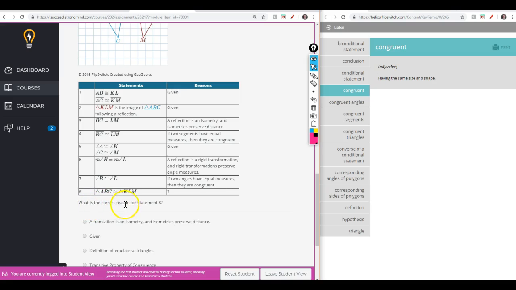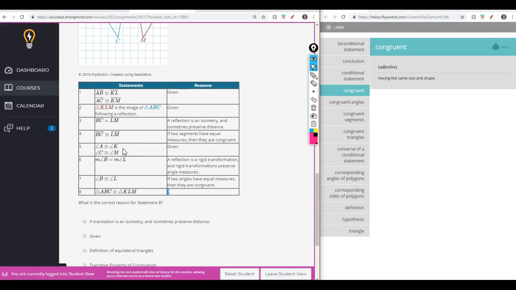So what is the correct reason for statement A? Statement A is blank. Reason A is blank. The statement is triangle ABC is congruent to triangle KLM. That doesn't really give me a lot to go off of to find out what the reason is. So I'm going to backtrack, and I'm going to notice that